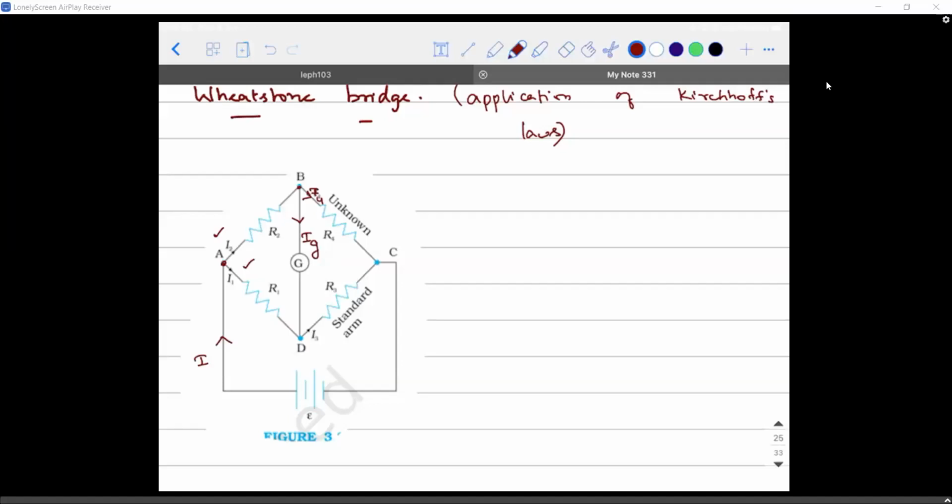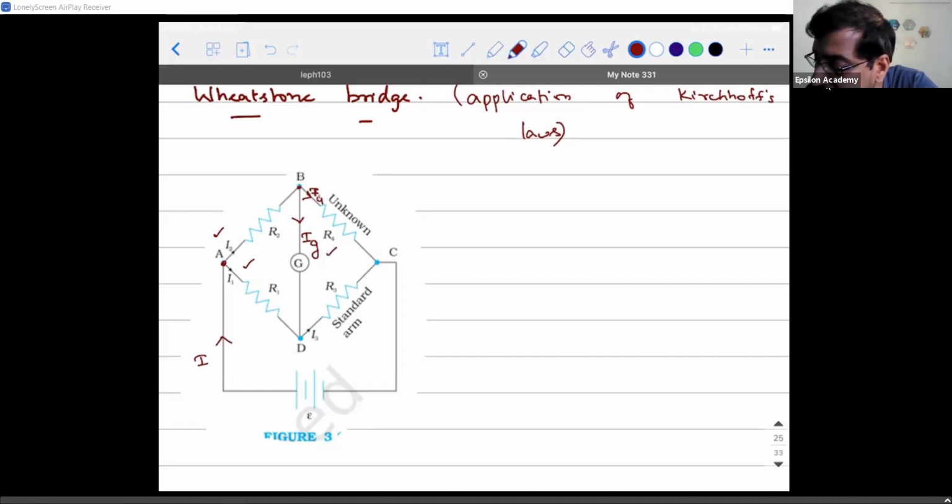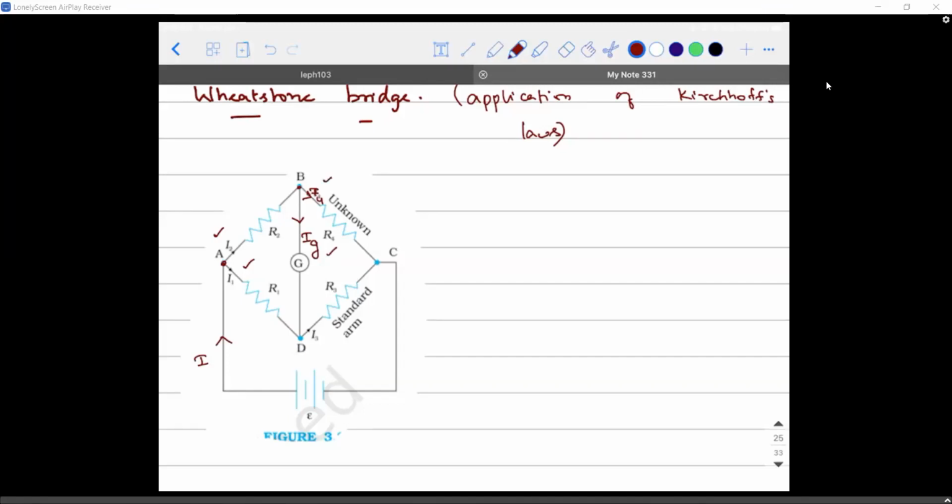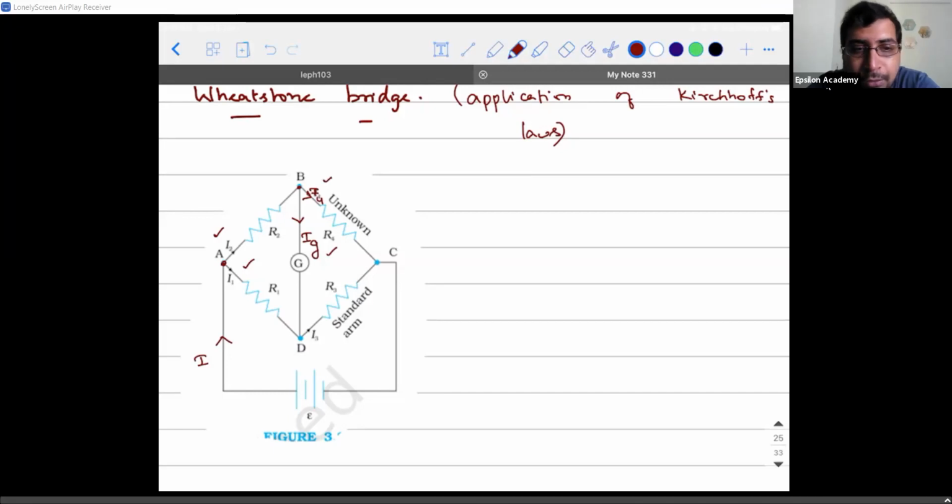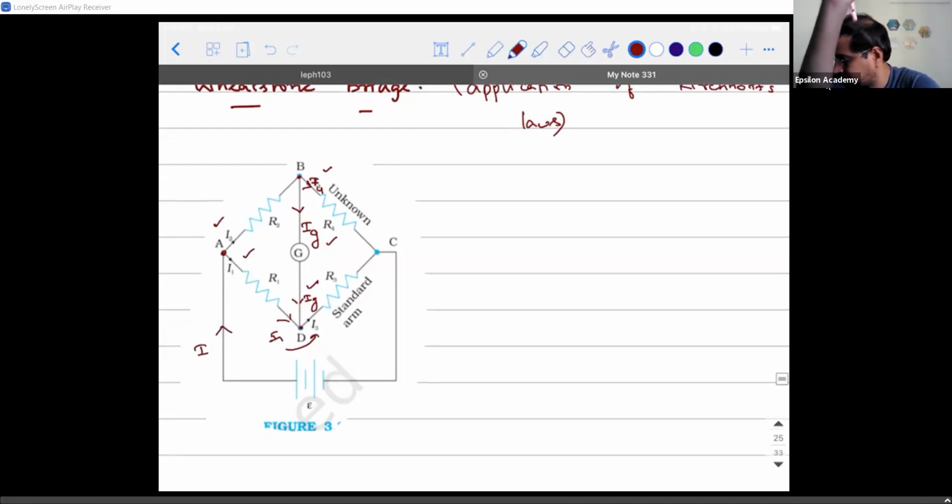The current gets split into two parts. One is Ig, and the remaining current that is going through the unknown resistor is I4. Similarly, I1 is going to come to this junction, and Ig is still coming here. This Ig and I1, let's say they are getting added, and it is going as I3. So let's say it is happening in this kind of a format.